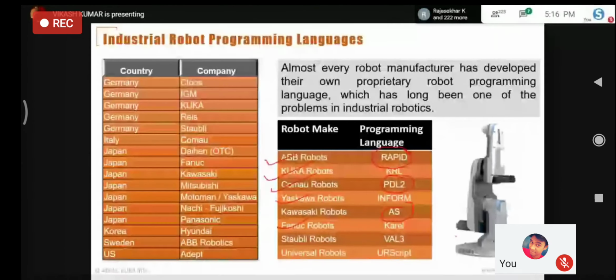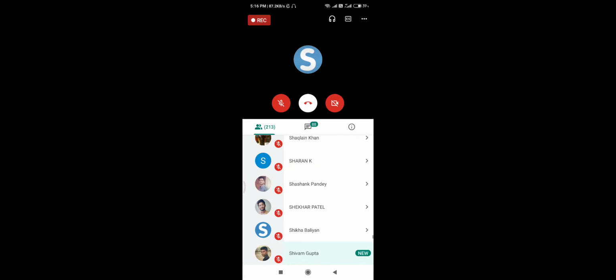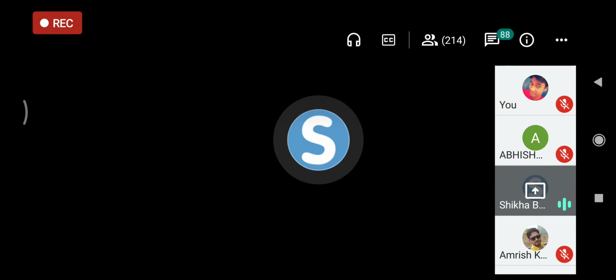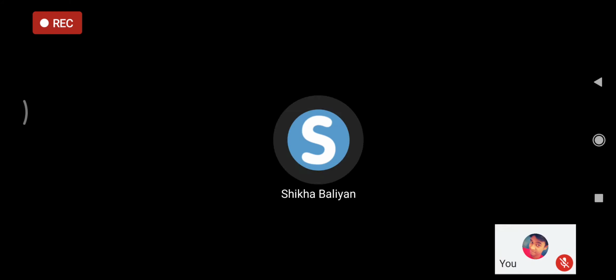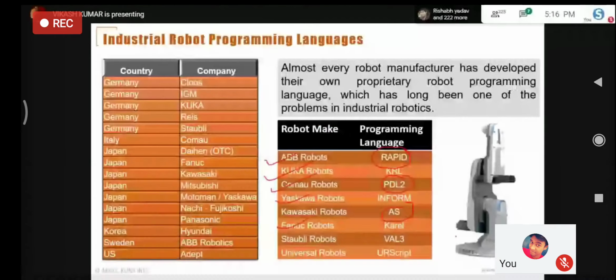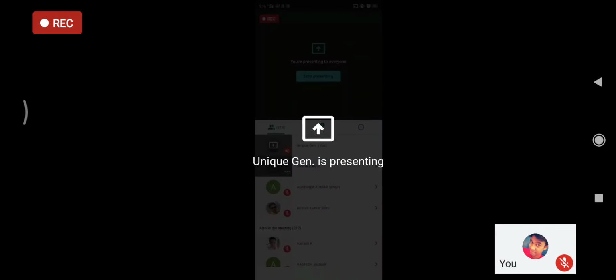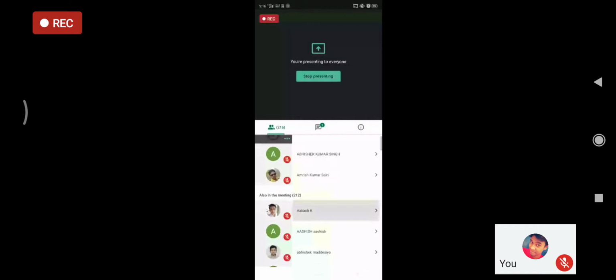Structured programming concept means they are using almost the same logic, the same concept. Only a little bit of change you will find while you are switching from ABB to KUKA or any robot, but the basic thing remains the same. So what do you understand by this structured programming concept? In the next slide, try to clear your mind.